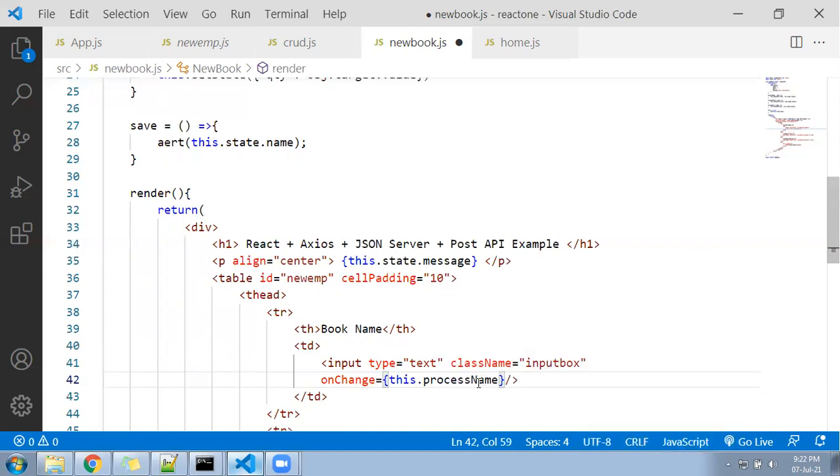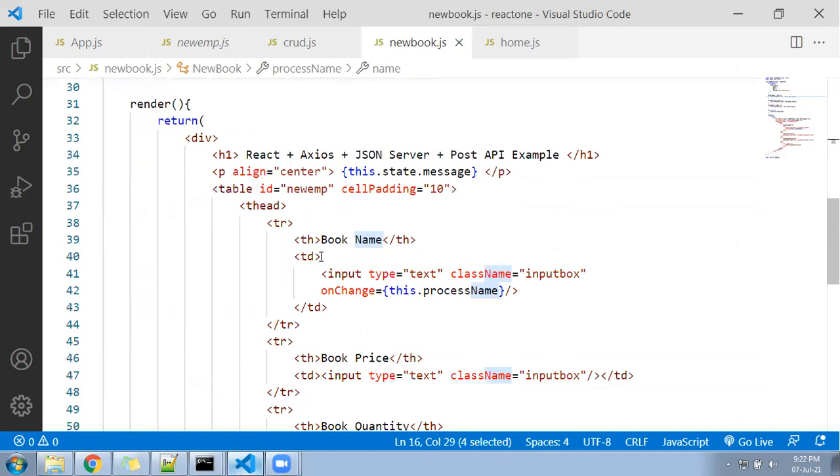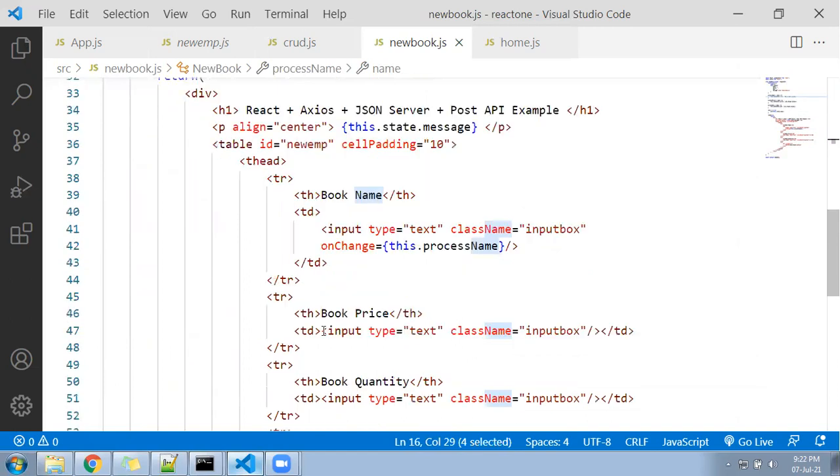Okay, now once we start typing here, the value of the text box will pass to this process name, and from process name it will go to the state variable, that is called name. Same way you are going to do for remaining others also.